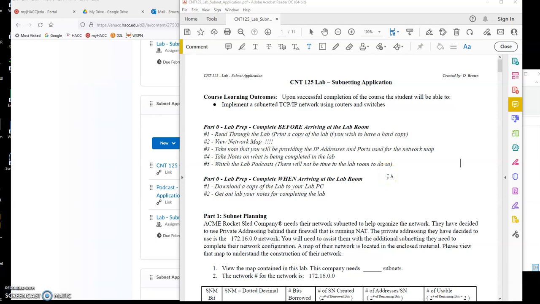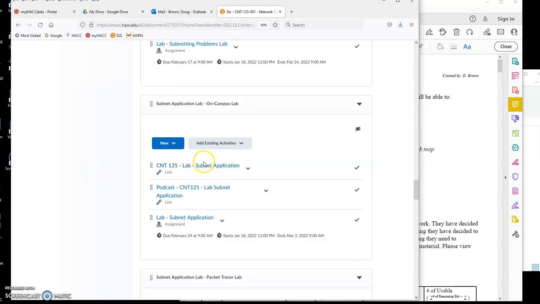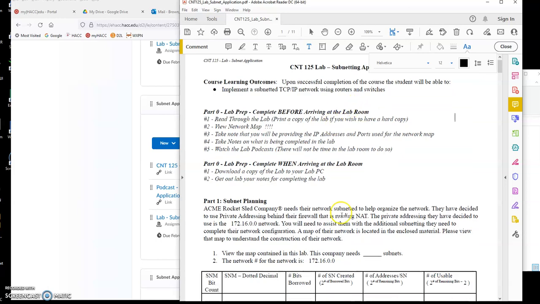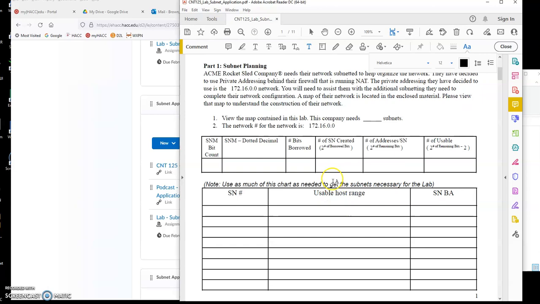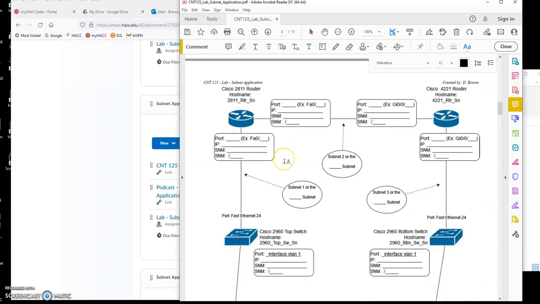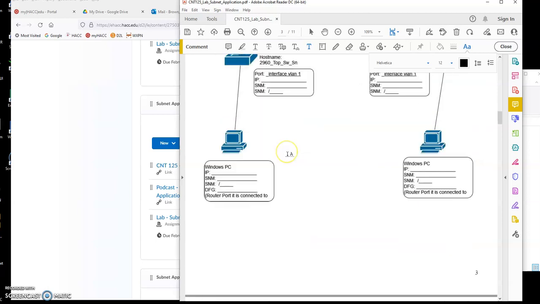All right, CNT125, Subnetting Application Lab. First thing we want to do is download a copy of the lab. Once I have that, we need to do a little prep work before we even get into the lab room. So first thing we need to do is read through the lab, see what we need to do. Then we'll need to do some subnetting and map planning with our IP addresses. That'll get us ready for coming in the lab to do the actual rest of the lab, which,